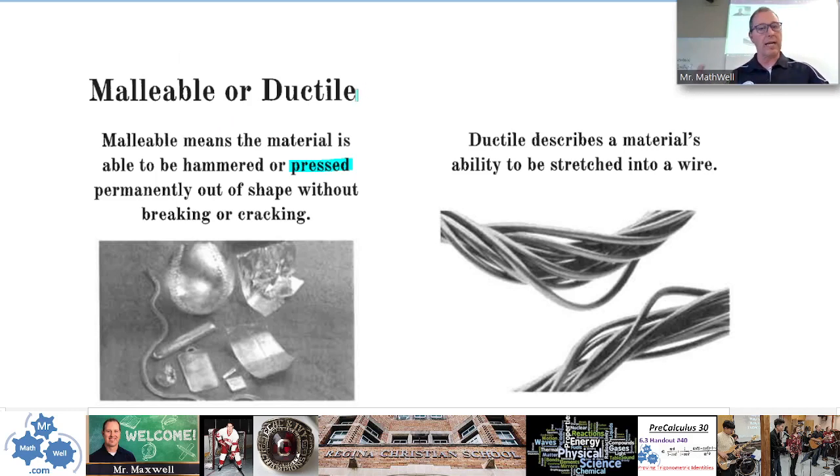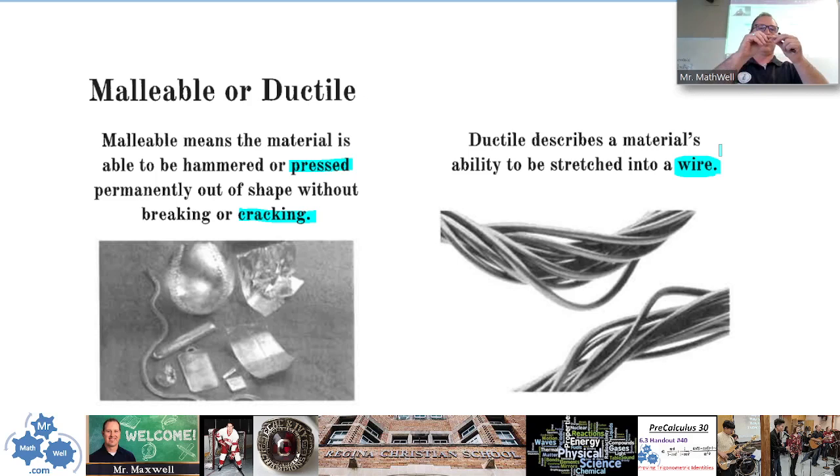So ductile. What does ductile mean? Ductile describes the material's ability to be stretched into a wire. Okay? Now you're not going to come across these words very often, but it's important to know what they mean. So for example, the lights that we have here in this room come from electricity that travels through wires in the wall, right? We turn the light switch on, electricity flows into these lights, and we get light. And so the wires that connect the switch and the light and the power source,